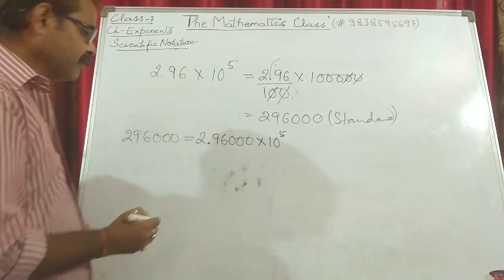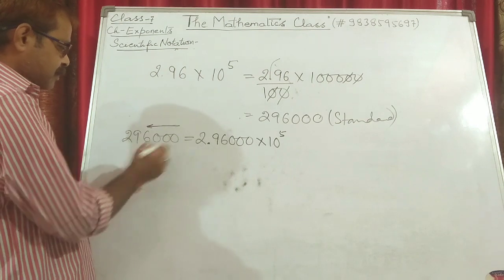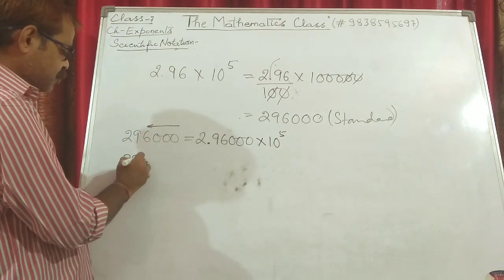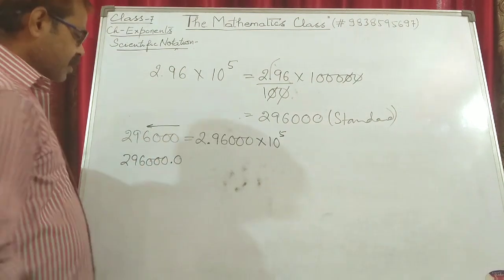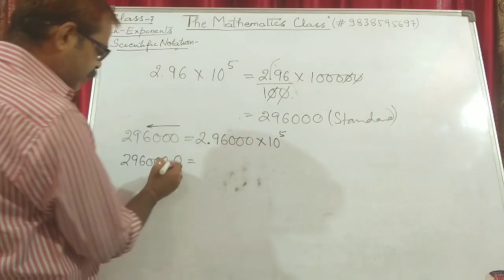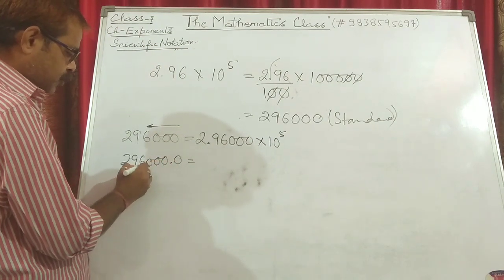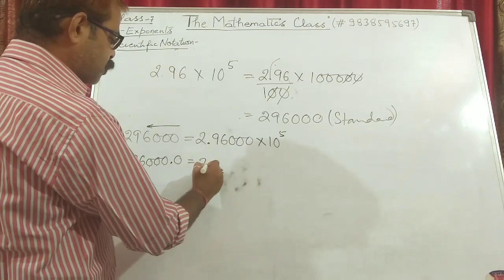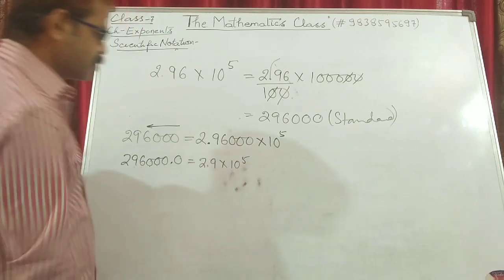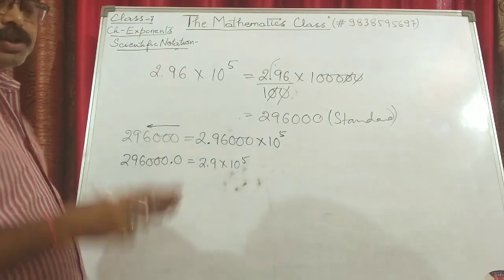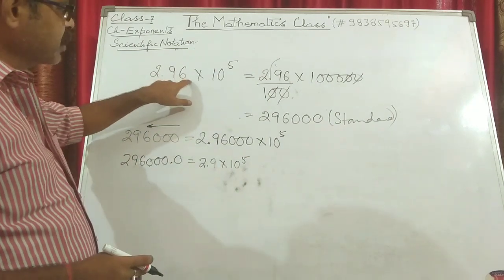It means the decimal is moving from right to left. This number can be written as 296,000.0. Now the decimal is at this point, and it moves first, second, third, fourth, fifth place. So 2.96 into 10 to the power 5. This is how we convert a standard form to a scientific form, and this is how we convert scientific form